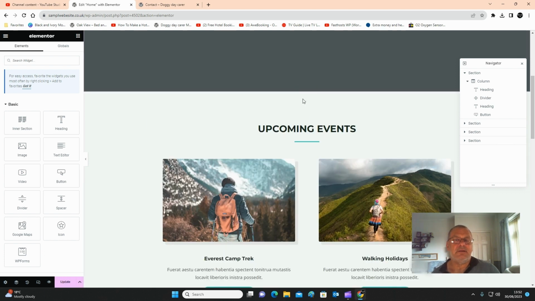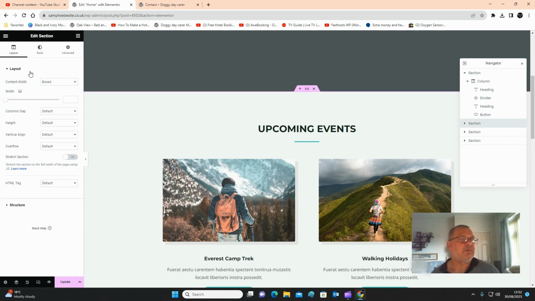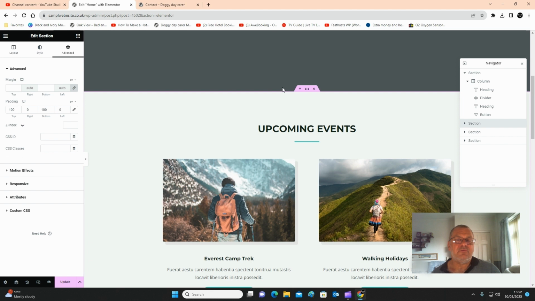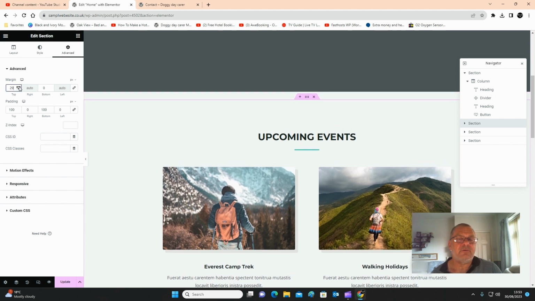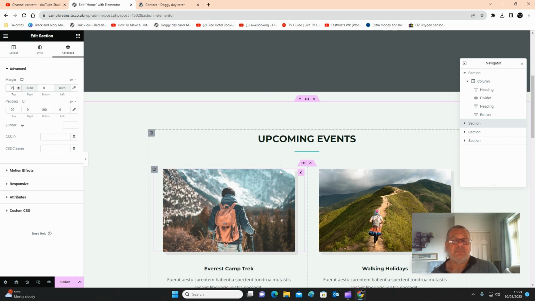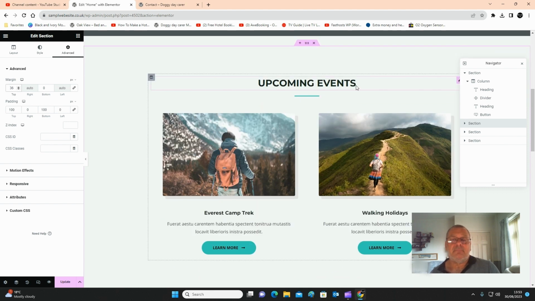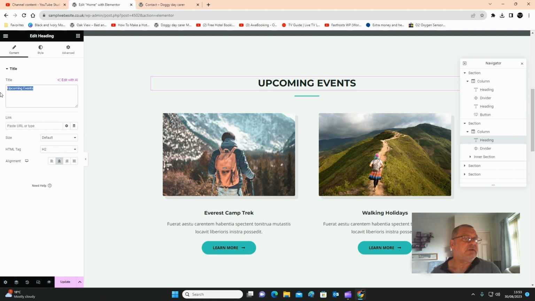Okay, now what you can do here is if you hover over this, again it'll bring this editor up, right? If you click on advanced, we can drag that down a little bit, so we could put a bit of space in between these two sections here. Okay, so if we unlink it by clicking that there, and then we go to the top and we press that a little bit, that will take it down, and it'll create a space between there. Anything you want to edit, you just click on it, go into the editor, type in what you want. For dogs,